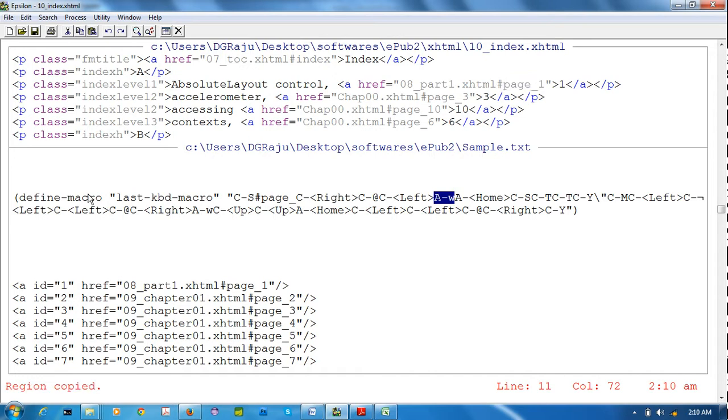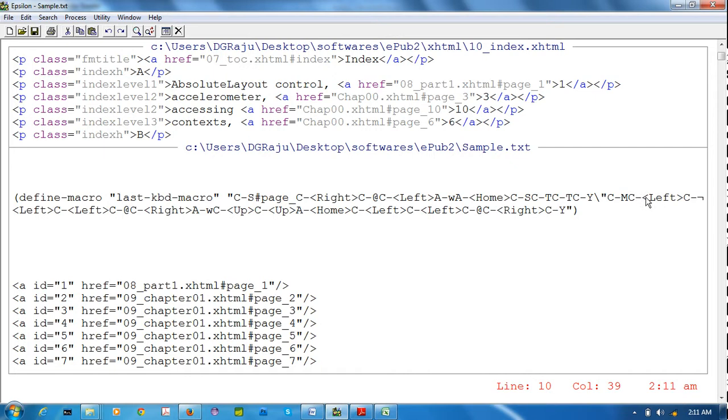After that I pressed Alt home, to switch the cursor from here to here. So the cursor is here. Next I am switching with Alt home like this. Next Control S, Control T two times. After that C hyphen Y means Control Y, that means paste. After that I put a double quote. After that C hyphen M means enter.